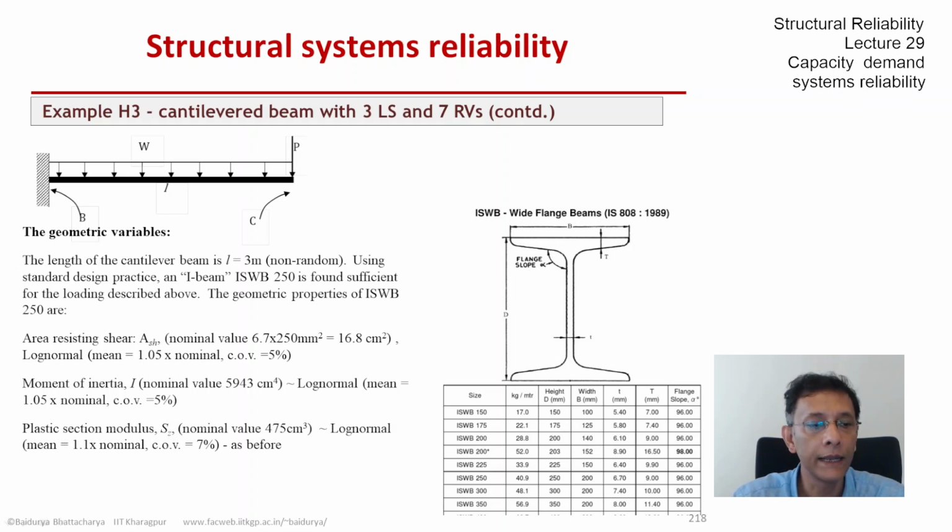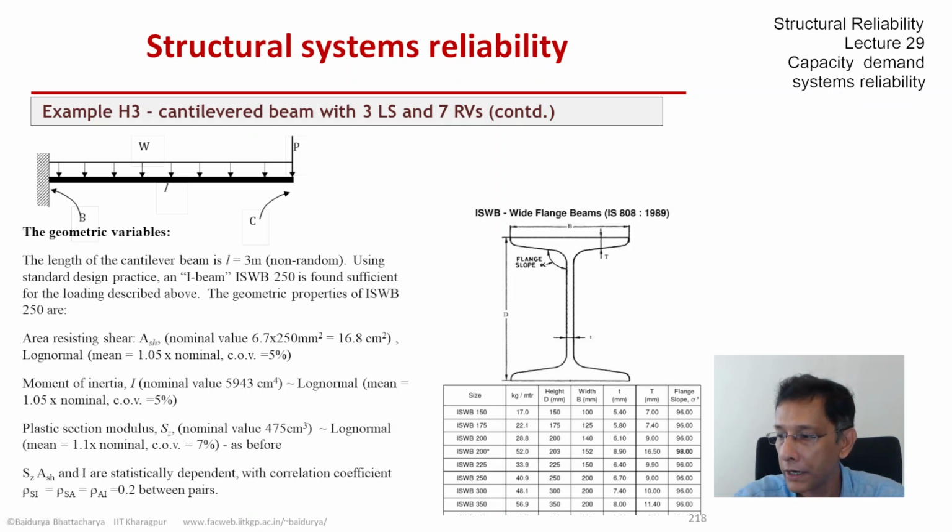So these define the geometric random variables, but now they are mutually dependent. So again, we have partial information about their dependence. It is the correlation coefficient between each pair is 0.2,